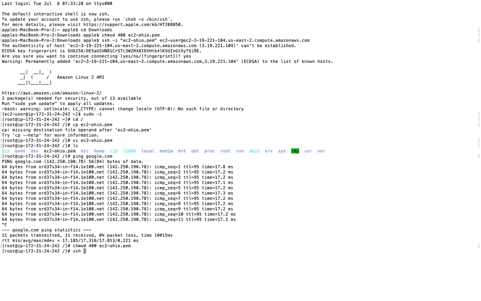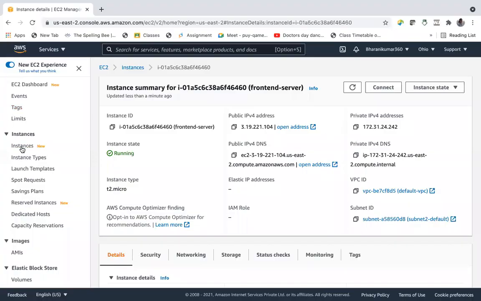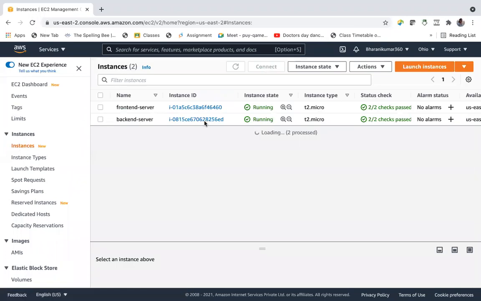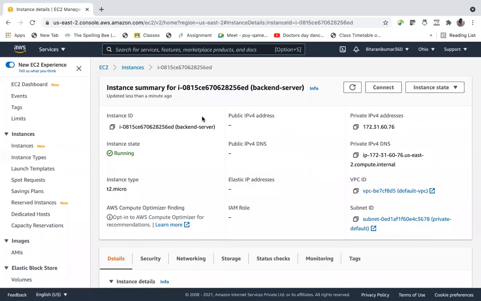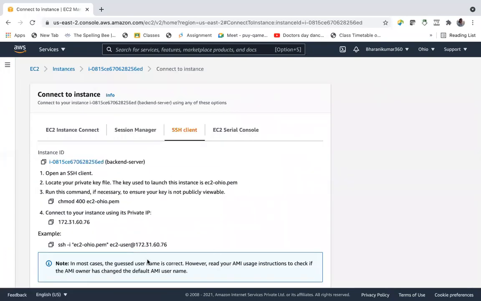SSH -i ec2, this is my key pair name, and it's going to SSH into the private EC2 instance, that is the backend server. This is the private IP. Connect, and here ec2-user at the rate this one.